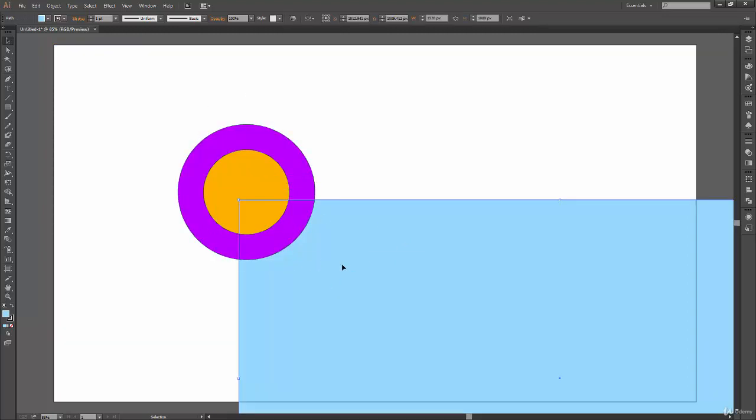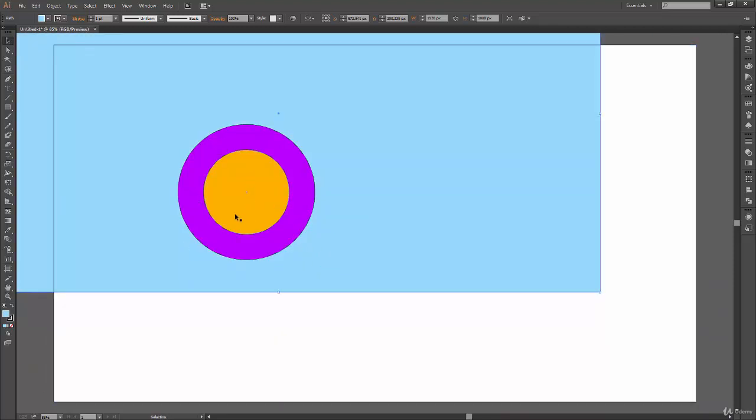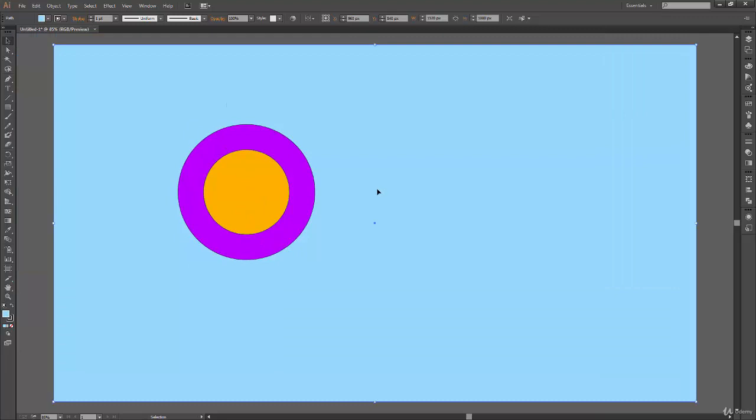So there is a problem here. Whenever I click on this rectangle and I try to move my circle or try to move my cursor, you can see I'm moving the shape itself. So we might want to lock this shape now. You can press Ctrl 2 on your keyboard to lock the shape. Now if I click and drag my mouse cursor anywhere on this rectangle or anywhere on the canvas, I will not be able to select the rectangle at the back. And now let's select our two circles and move them to the center.